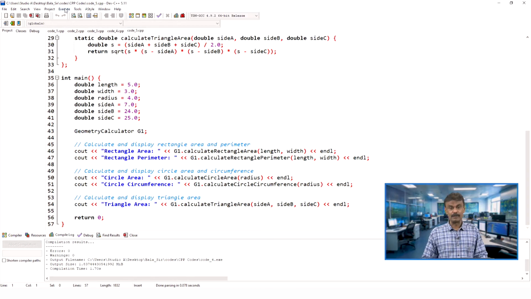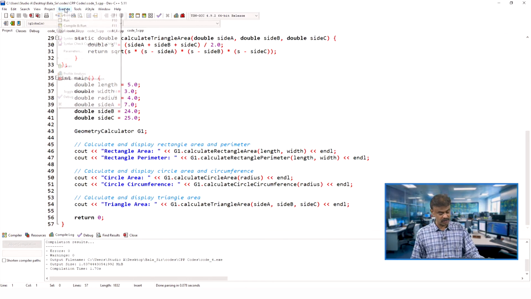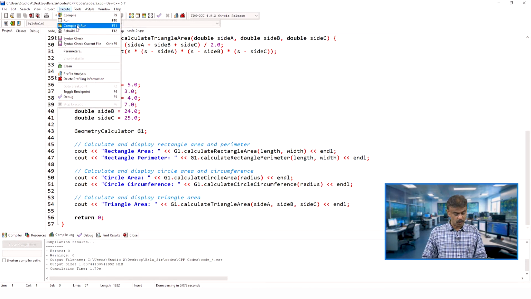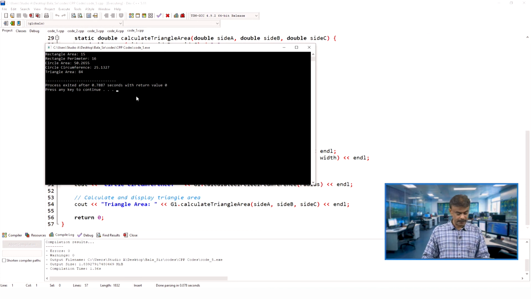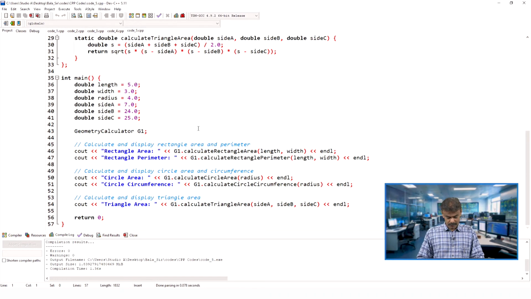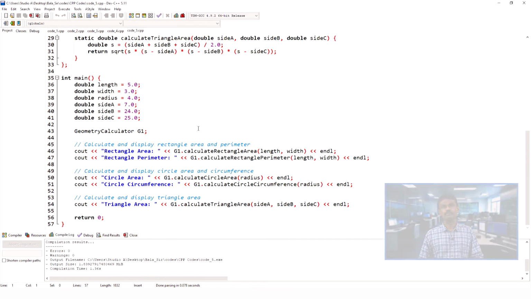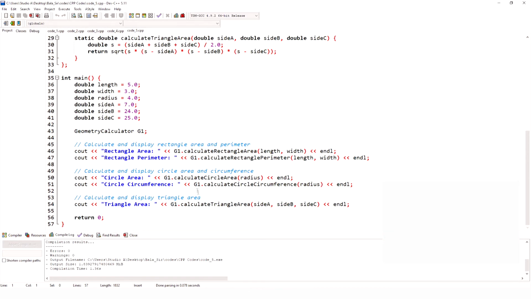So, G1 is invoking all these 5 member functions, and when you run the code you will get the output that we had seen, you can see it here. So, this is how we can use only member functions. This is a good example. You may ask the question, can we use only functions? You can do that, so we will see the next example.